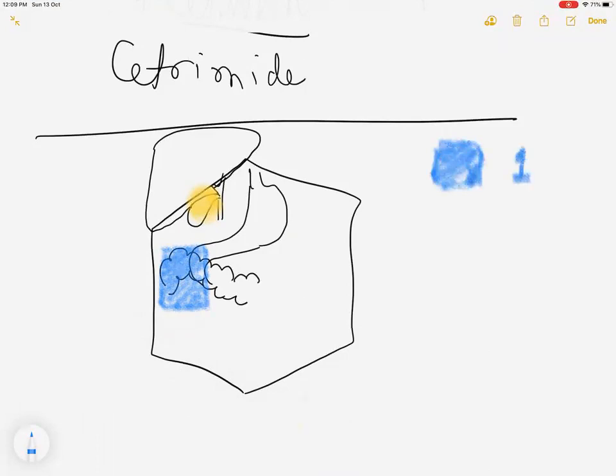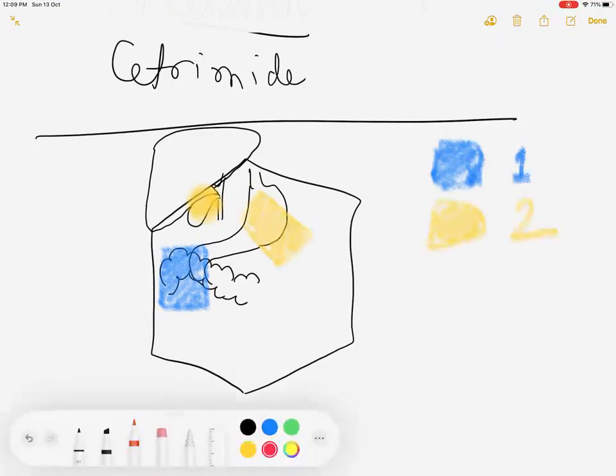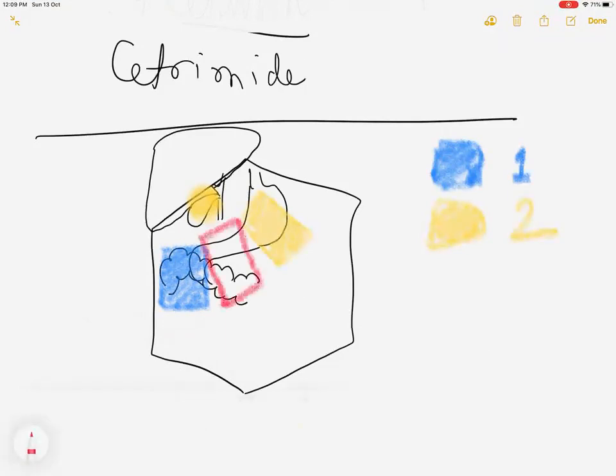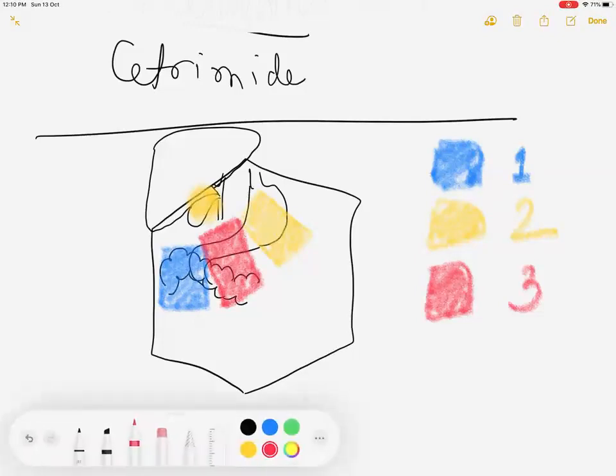MOP number 2 is sometimes used for retracting, what is this one? Stomach. But the most important of all MOPs will retract the duodenum. So examiner will ask you this one. There are 3 MOPs that are placed. Then, where is the Deaver's retractor, boss? What is the Deaver's retractor then?